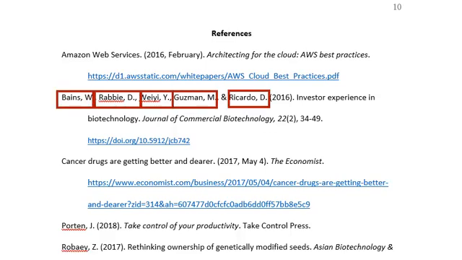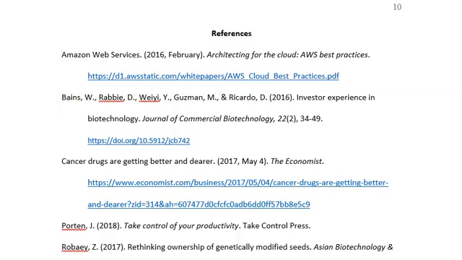This article has 5 authors, so you list them in order that they are listed in the article. You abbreviate the first name and the middle name if there is one. Use an ampersand before the last author in the list. Next, you will have the date in parentheses. For academic journal articles, you only use the year. A period should follow the closing parenthesis.